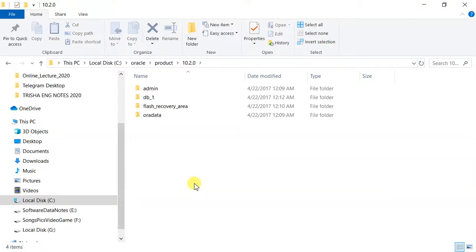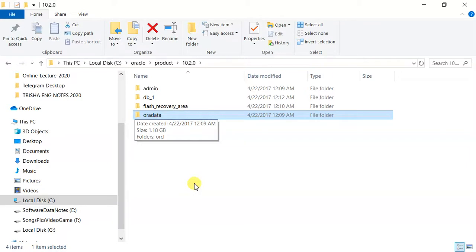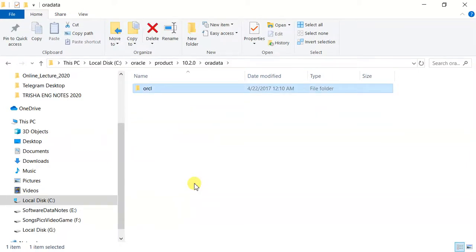Then you have again four folders: admin, db1, flash recovery, and oradata. In this oradata folder you will find some files under a certain name. That name is ORCL. It is actually a database ID through which your database is identified. Don't worry.